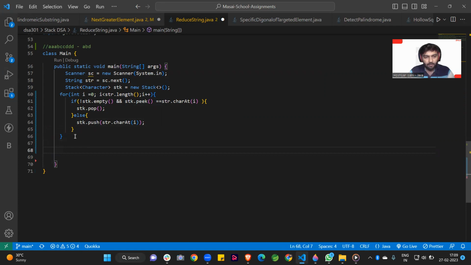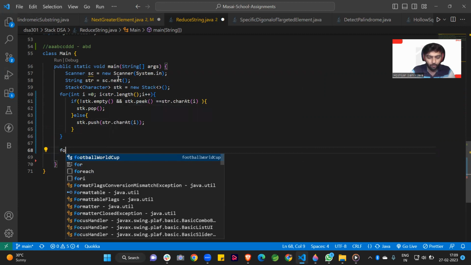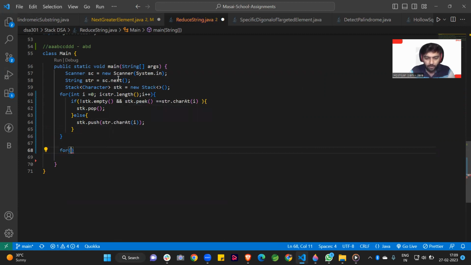After that, how can we print this result? Because at the end, the characters are present in our stack. So how can we print the value of the stack? For that, I am running a for loop for the character type stack.